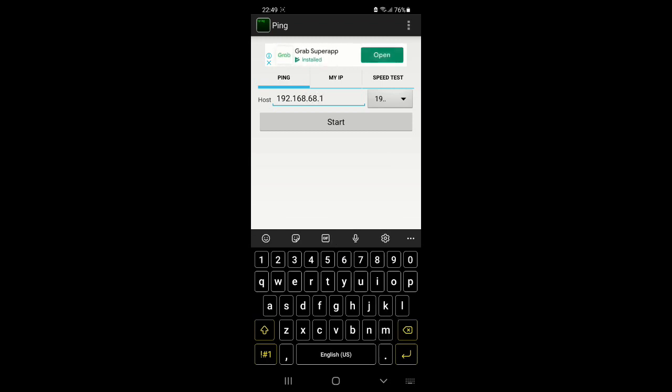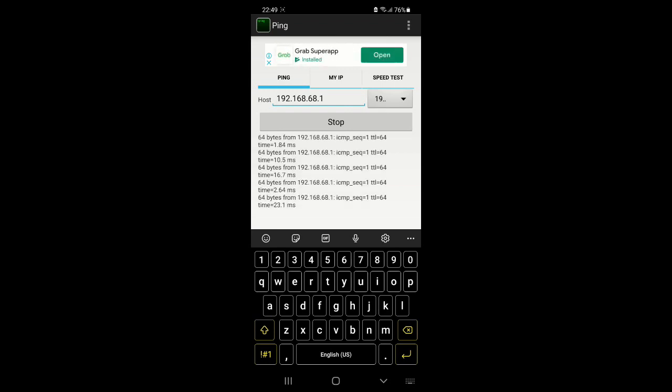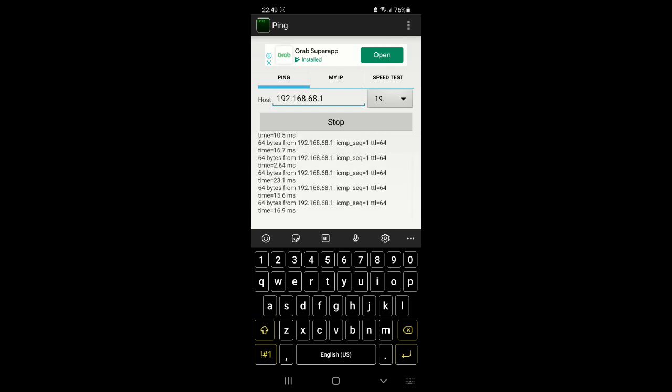This is the default gateway, or the IP address we will use to ping our laptop. So we will tap start, and as we can see, our laptop is detected by this app,